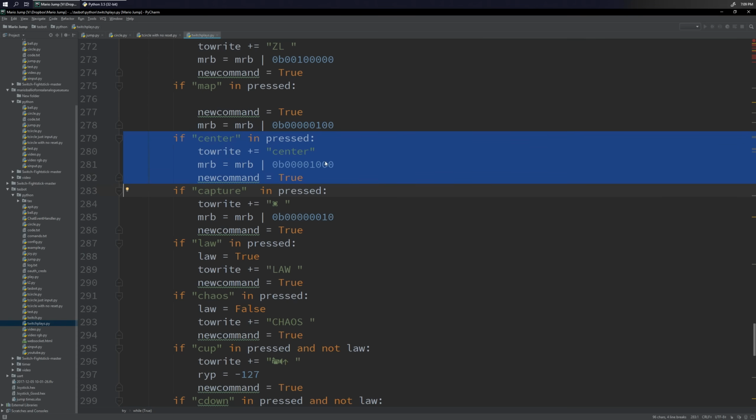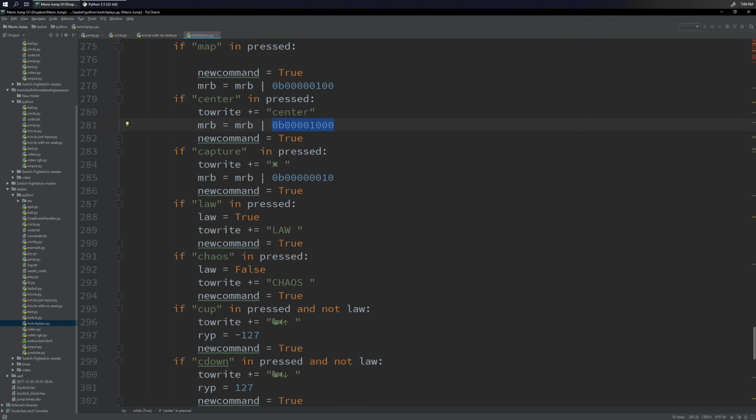Center? I forget which button this corresponds to. I think it's the R button. It just recenters the camera. So maybe I'd want to comment there because I don't know what that corresponds to. The capture button. I was really proud of finding this Unicode character that looks just like the capture button on the Switch. Maybe not exactly, but it's pretty darn close. No one ever commented on it.